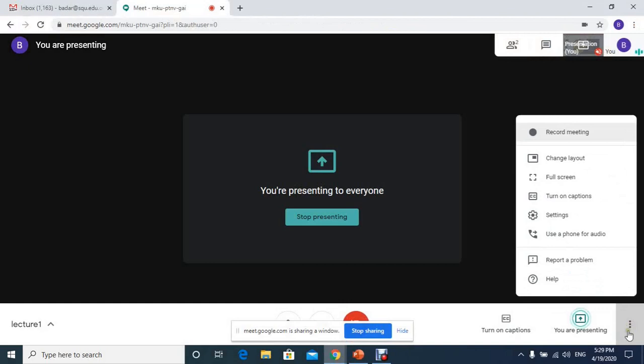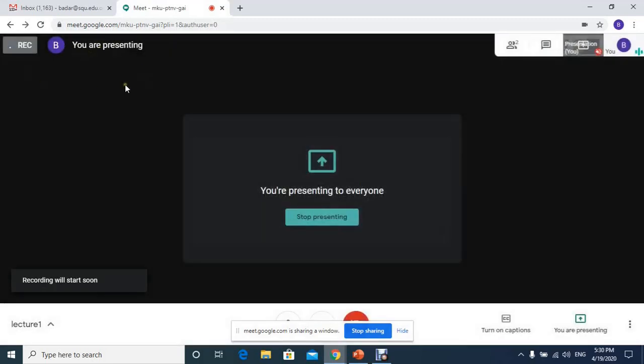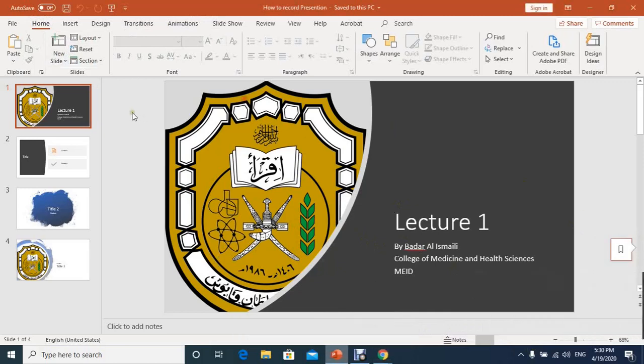and click on these dots to start recording your presentation. So from this menu, we'll choose the first one, record meeting, okay, and click on accept. You may find here some prompt before you use your microphone; you have to allow it. Okay, now you have to wait till this becomes red. Okay, after that we go back to our PowerPoint, and you can just make it full screen,